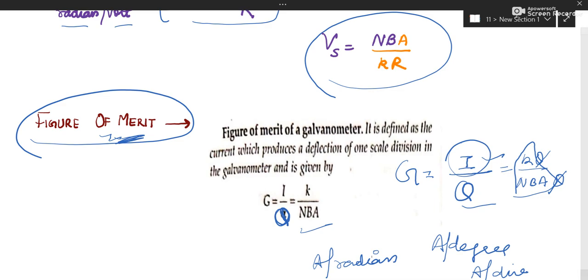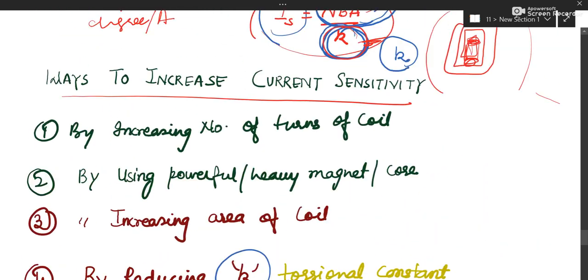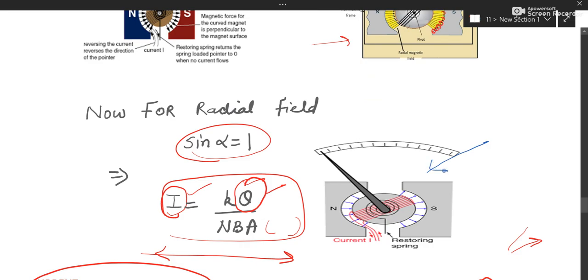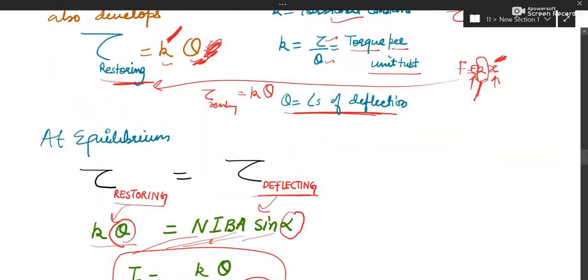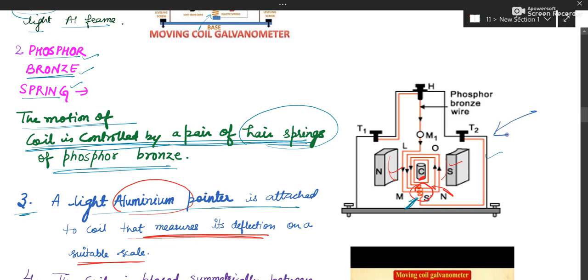So at last I would say go for an easy diagram for the moving coil galvanometer. Two diagrams are required, one in which you can show the radial field, and the diagram in which you can show the coil and all, which is either of these. I will show you. This one is the simpler one, you can go for it. So prepare the topics properly.